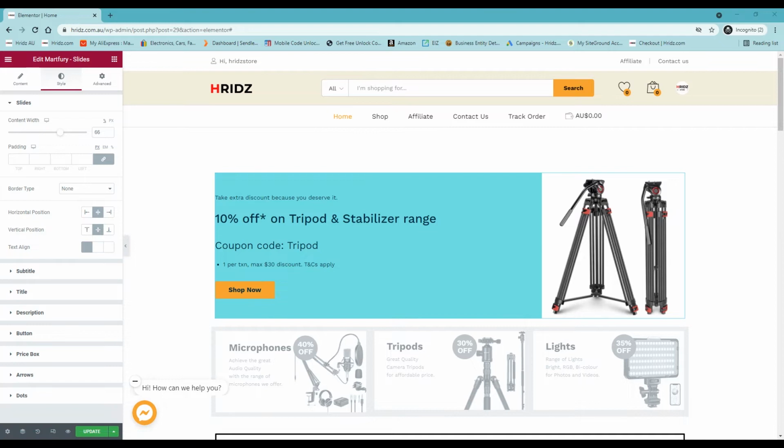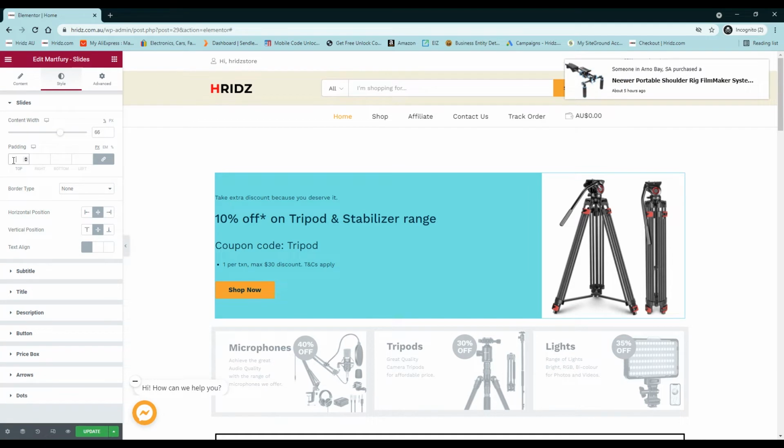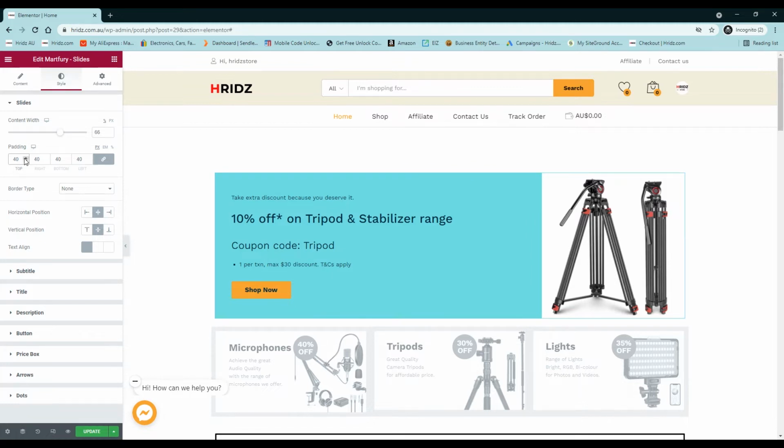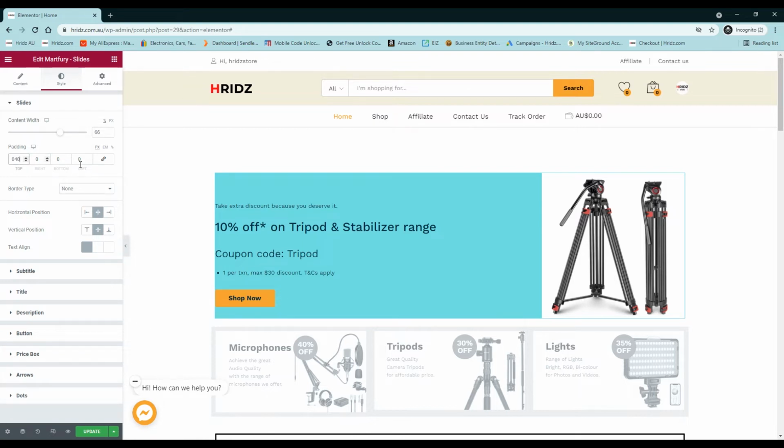Okay, and you can set the padding to 40, so that the top padding is 40, left side 40, bottom 40, and right 40. But instead of going like that, what I will do is manually adjust the top and left padding, and I will leave the right and bottom padding 0. So I will keep top as 40, maybe remove that, and maybe left 55,